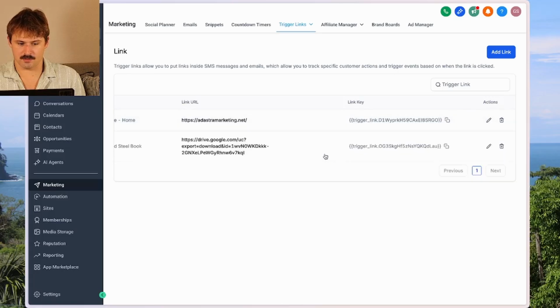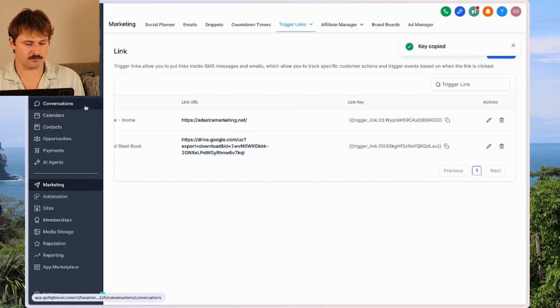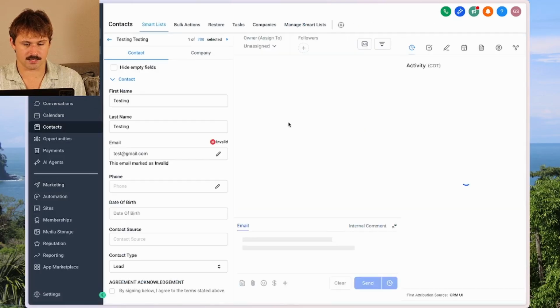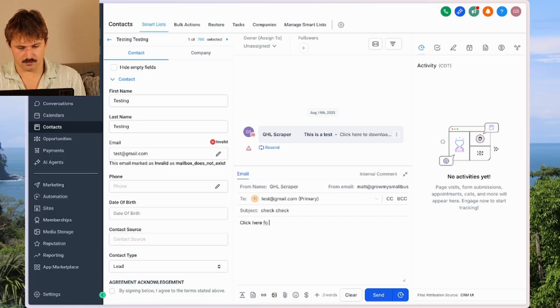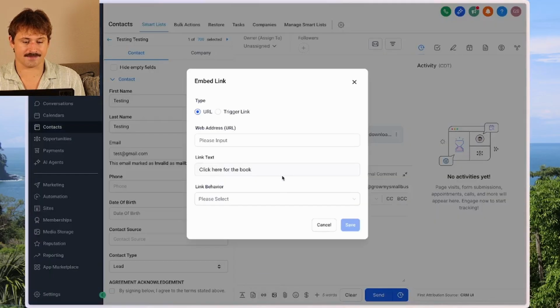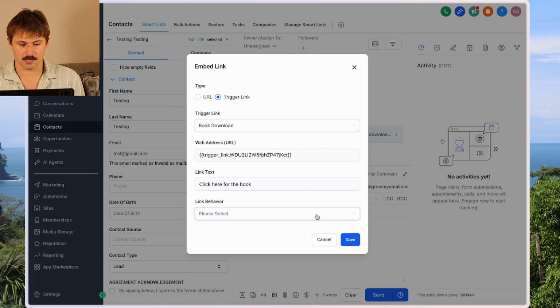And now we have a trigger link. So we can copy it from here. We can copy it from wherever we're typing our email. You'll do this by going to our conversation again, under contacts, and let's say click here for the book, but we want to use our trigger link. We can actually click add link and then trigger link and select our book download trigger link. And now,